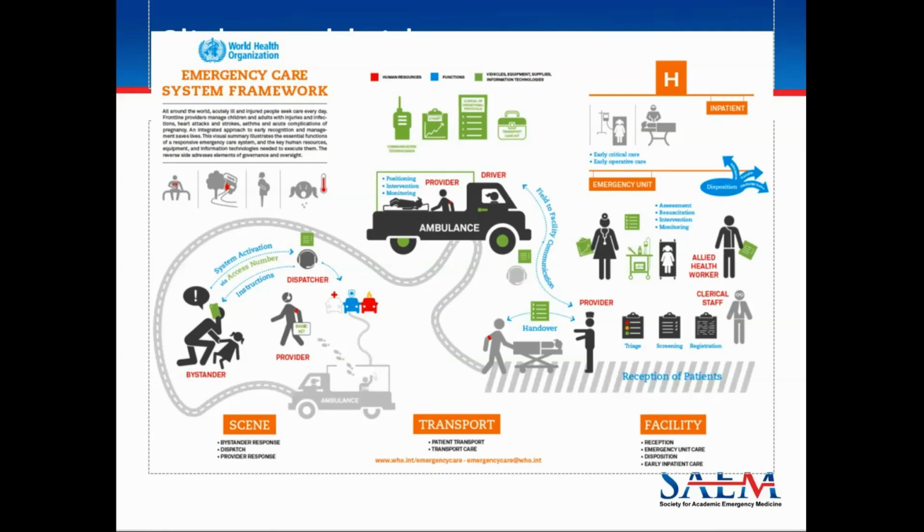It starts at the scene, it goes from getting the patient to the hospital, whether that's in an ambulance or other transport system, and then ending up at a facility where they can take care of the patient and have access to definitive care. So that's something we tend to take for granted in high-income countries and cities, where we can dial 911 and immediately get access to an ambulance that arrives generally in a shorter amount of time and then get transported to the appropriate hospital. In areas without strong systems like this, that doesn't always happen.